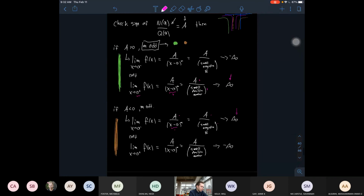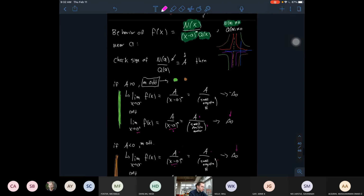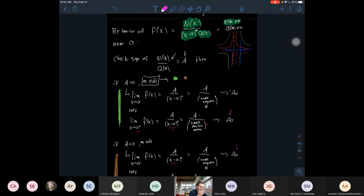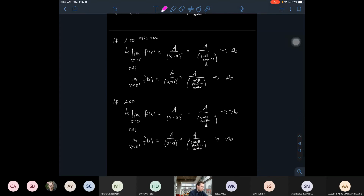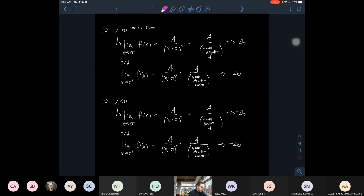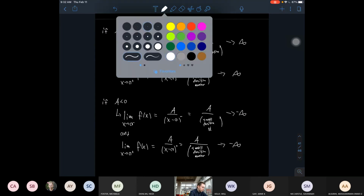And that's when we have opposite behavior. So we're going to have opposite behavior whenever the multiplicity of the factor x minus a in the denominator is odd. Now, if we have the opposite happening, so if m is an even number,